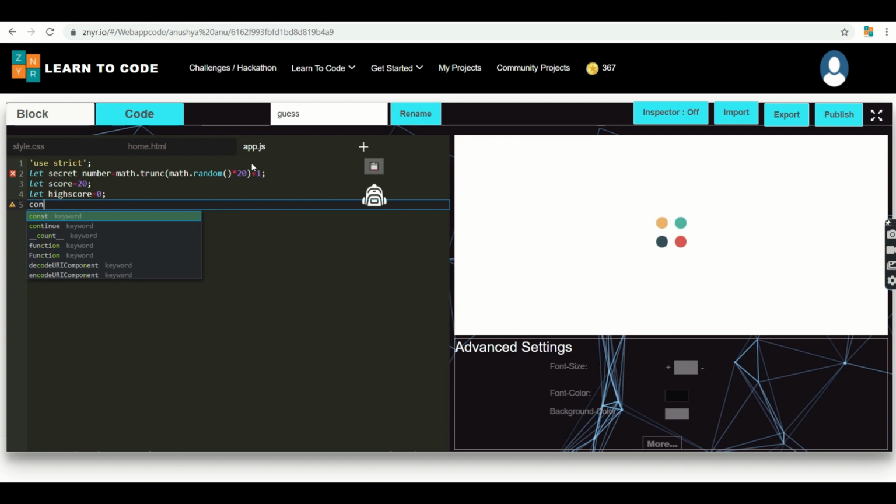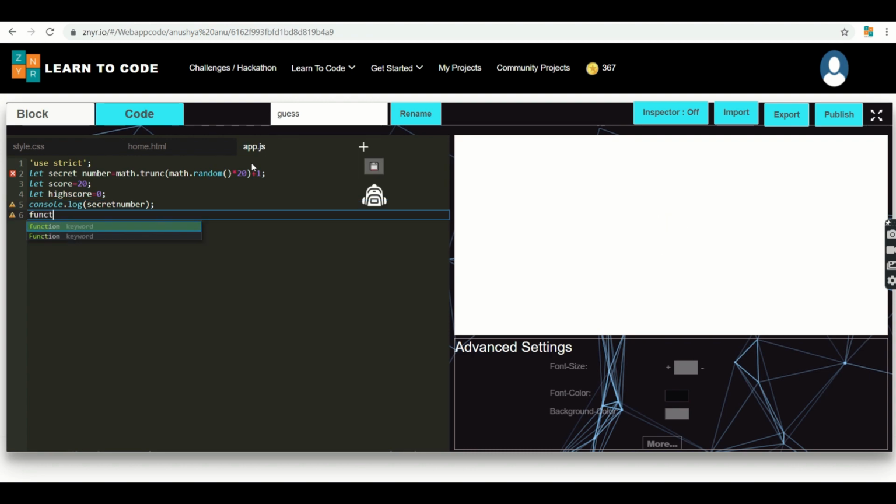So next I'm going to use console dot log of secret number, and I'm going to display a function display message,